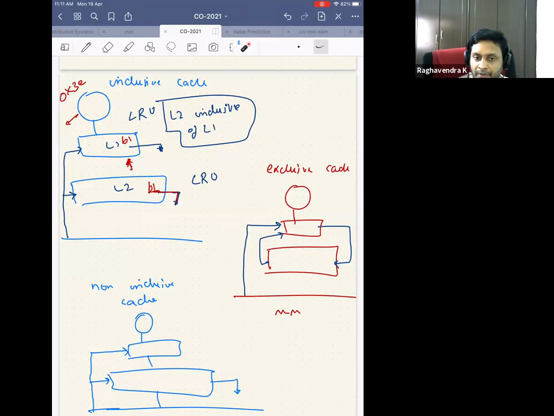So I hope you have understood what an inclusive cache is. So what do I mean by inclusive cache? I hope that is clear, right? So when I bring a block in, you can answer that so that it's clear where to start. Did you understand what an inclusive cache is, what an exclusive cache is, and what a non-inclusive cache is? Okay, I think that is clear. So okay, the question is not clear.